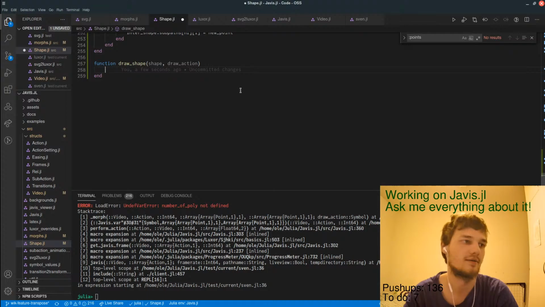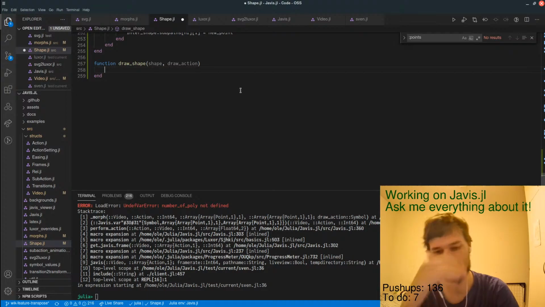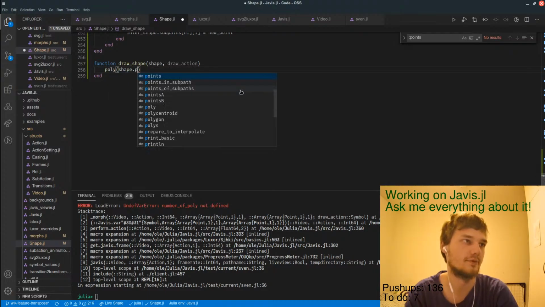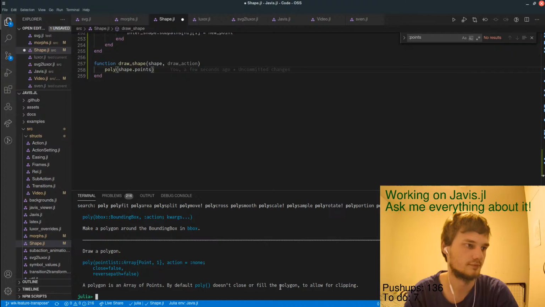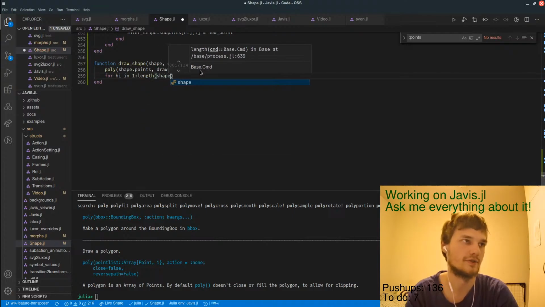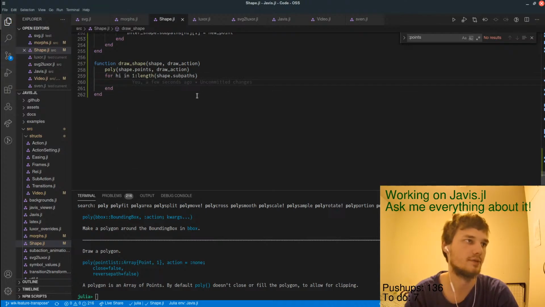I think the idea is now to draw basically poly shape points and then we have draw action in there, and then we have for hi in 1 to lengths of shape dot sub pass, basically new sub pass.